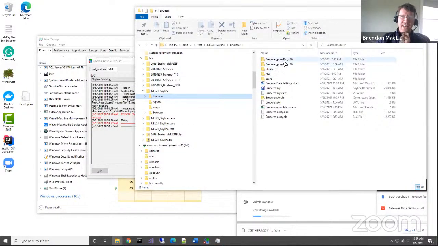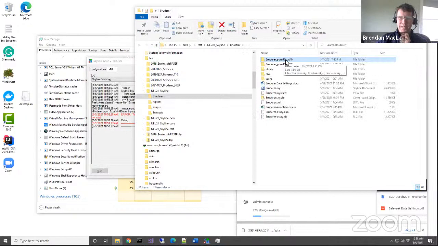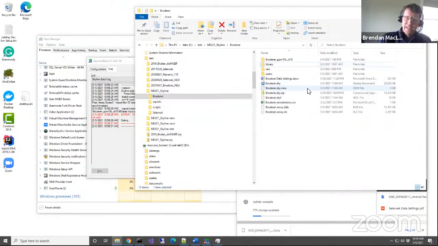Oh, I named it wrong yesterday. So this is what it was. I typed ppm 10 C, and it's so all my results. So I will just delete that. That's an empty folder. And if I rename this,